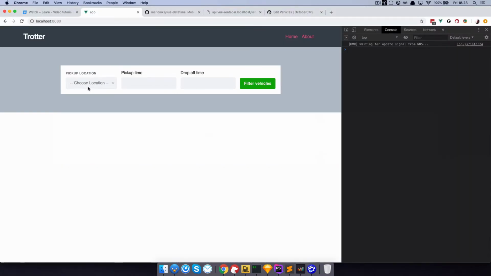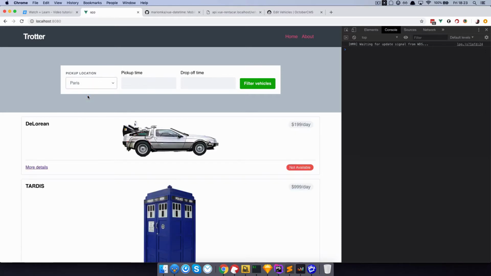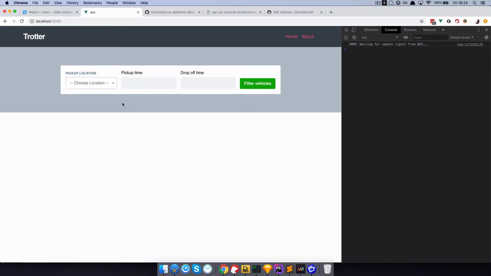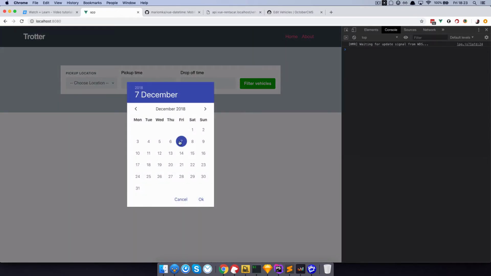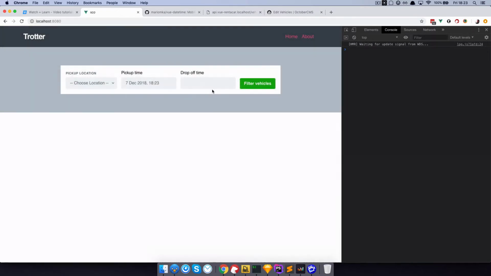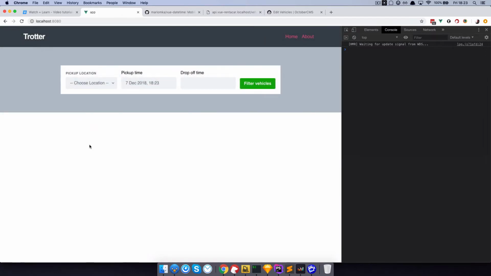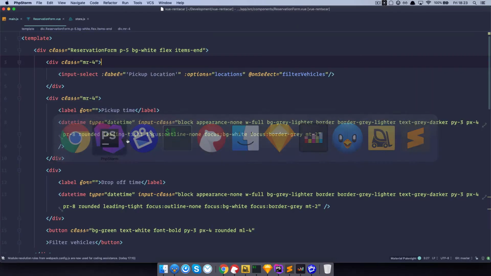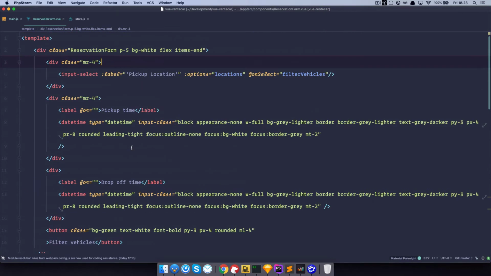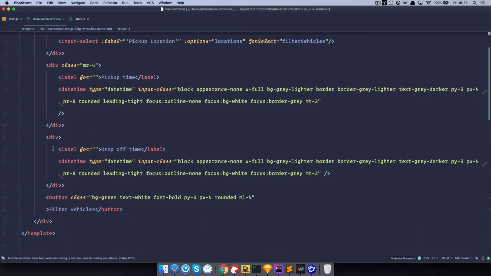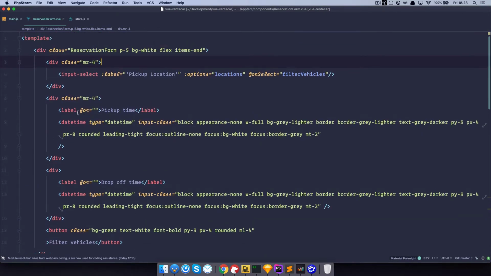Right, so we have pickup location, pickup time, drop-off time. If I choose this, it still works, of course. And if I choose pickup location and time, this works. Great. So what I added right here, just to go quickly through the code, I just wrapped these fields into